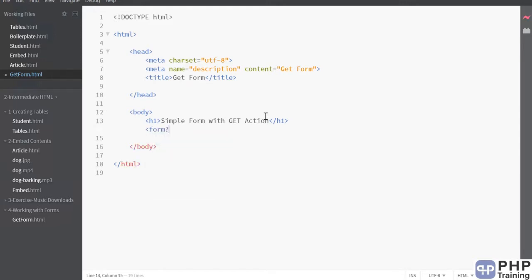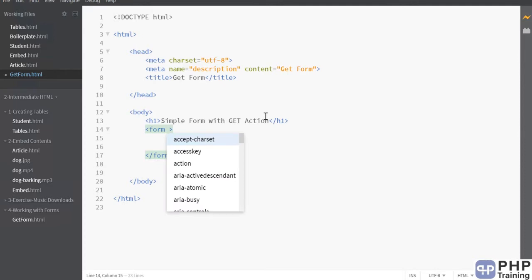There's a tag called form. Okay, and using this form tag you have to define all your elements inside the form. Always remember, don't define form elements outside the form tag. Always define the form elements inside the form tag. Okay, just as you define HTML inside the HTML tag, similarly, if you want to define form elements, define them inside the form tag. Okay, that is your first rule.